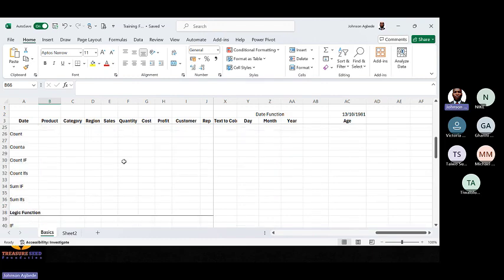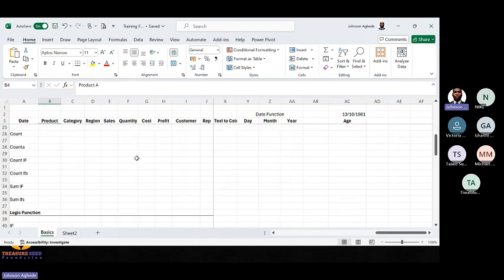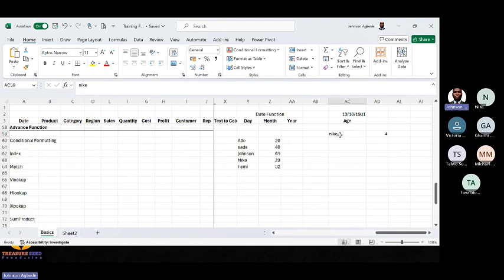Okay, for example, let me use this one that I have here. Rep 1, product A. Let me come back here. Now I'm talking about Nickel here. I want to use the lookup function. I have VLOOKUP, which simply means vertical lookup, while HLOOKUP means horizontal lookup, while XLOOKUP means it can look anywhere. But one of the things you need to understand about lookup is